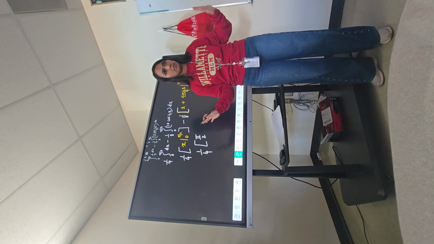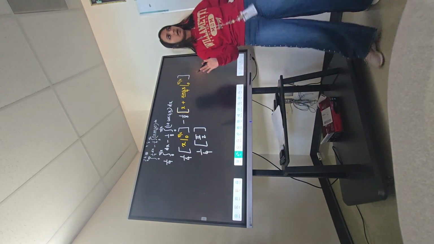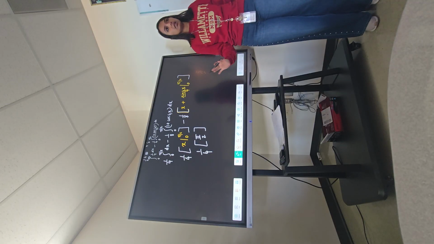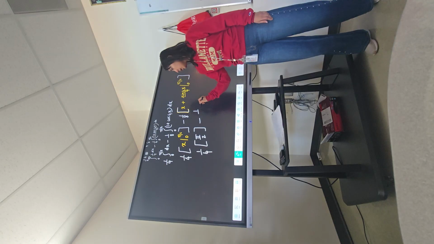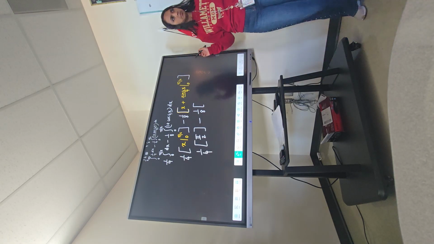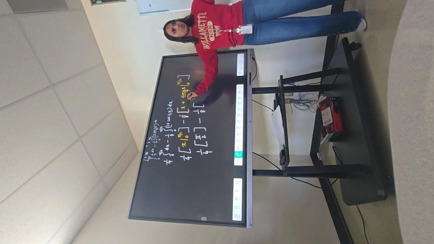Are we good with that? Mm-hmm. Close the square bracket. I'm not getting ready to remove anything right now. I'm still keeping everything separate. Minus 1/8 square bracket, pi over 2,